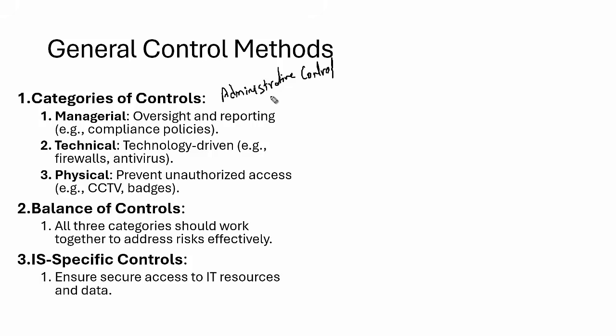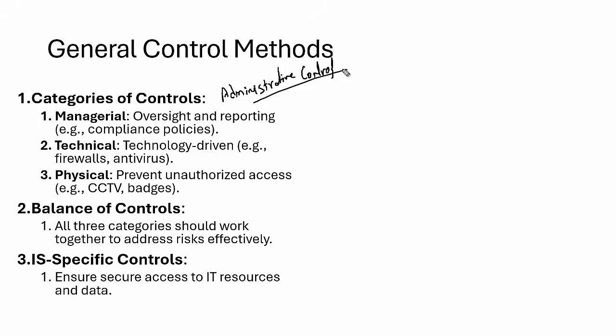Now, when we're talking about administrative control, let's say for example, the company introduces a circular. We are resuming work from the office. Everyone has to wear a mask. Without a mask, we will not allow any employee to enter the facility. So it's a message setting a very good direction to prevent any person from coming to the office without a mask.